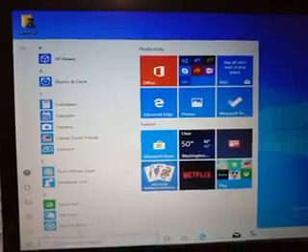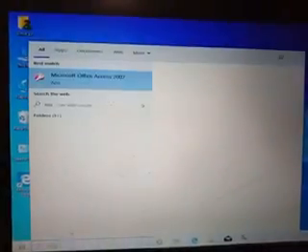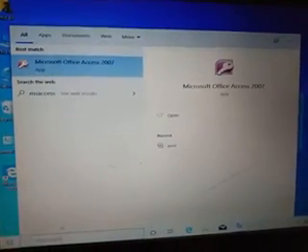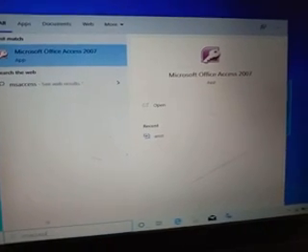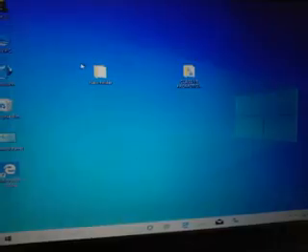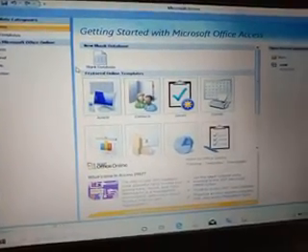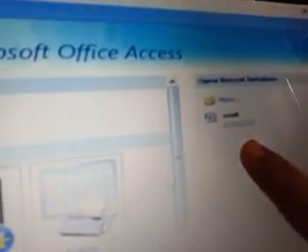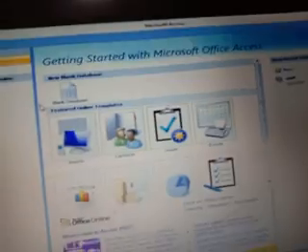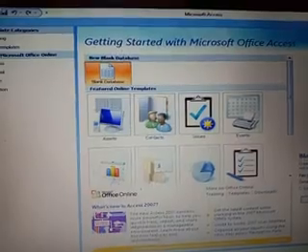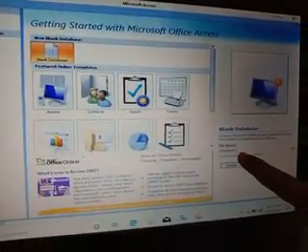So I am going to start Microsoft Access. Type MSACCESS, and as we type it, Microsoft Access 2007 is displayed on the screen, and we just press enter. Or we can click on Microsoft Access. Either way, our Microsoft Access file will be shown. On the right side of the desktop my file is already shown. If I haven't created my file, then we click on blank database, and then I have to write the file name.